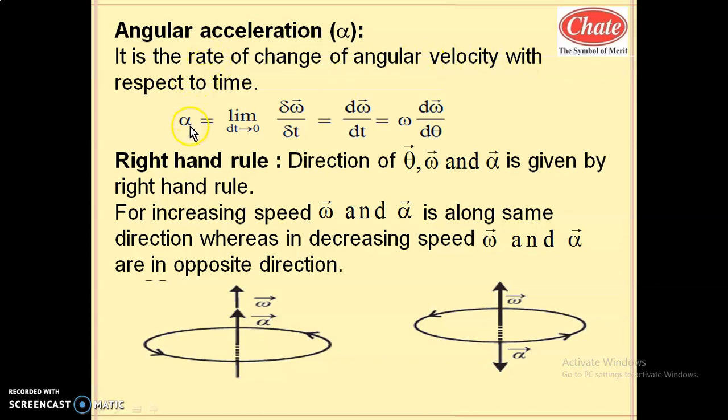Similar to angular velocity, if we take the limit, angular acceleration is denoted by alpha, and linear acceleration is denoted by a. So angular acceleration alpha equals the limit as delta t tends to 0 of delta omega by delta t. Even though the time interval is small, whatever the change in angular velocity in that small interval, divided by the change in time, that is angular acceleration. If there is no change in angular velocity, then alpha will be 0. That is uniform motion.